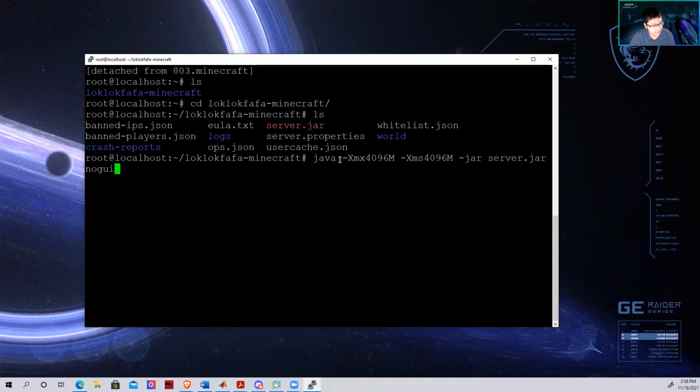So this command, -Xmx4096M, just allocates 4 GB of memory to the Minecraft server. And then -jar server.jar nogui tells it which file to look at, and then activates it with no GUI, right? So I'm just letting you know that all these commands are possible. Minecraft actually released their own server.jar file, so you can go ahead and download that, use WinSCP to transfer the file over to your virtual server, and then set up your